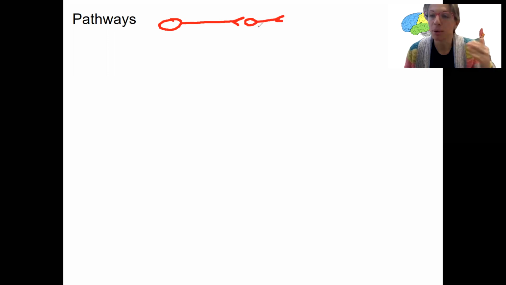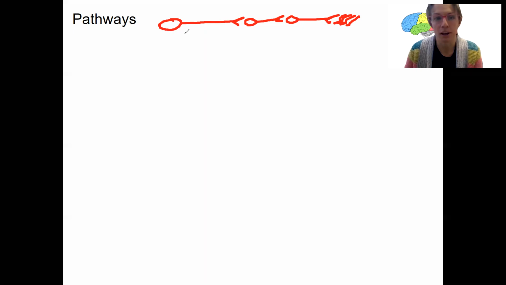And that's then going to be a pathway. Maybe this is another neuron that connects out to, obviously, a skeletal muscle to allow it to contract. This would be a motor pathway, and that's actually what we're going to be looking at starting in the next